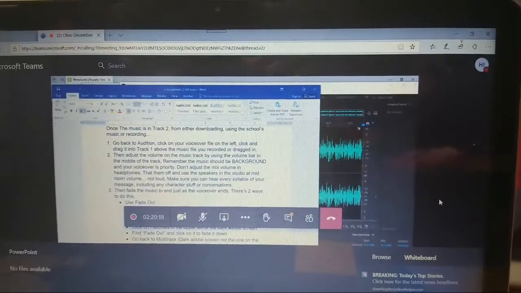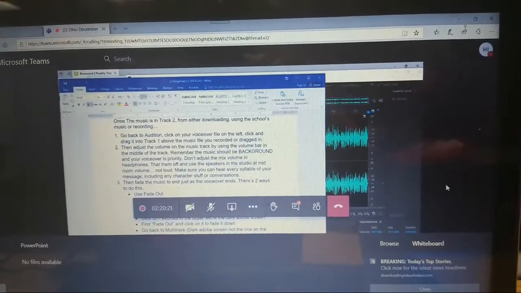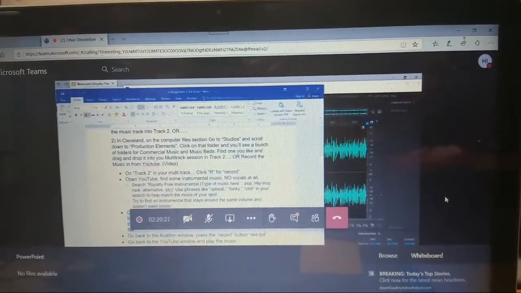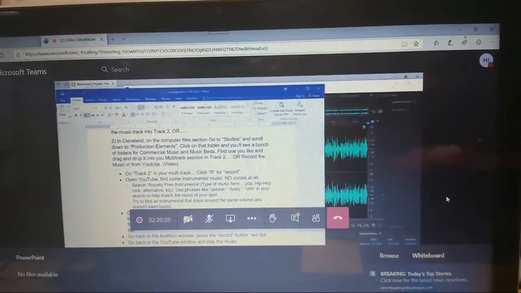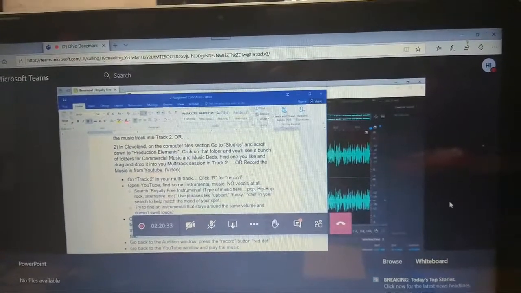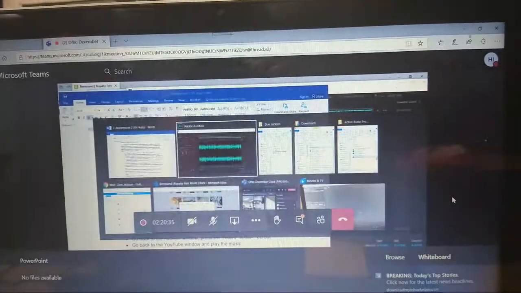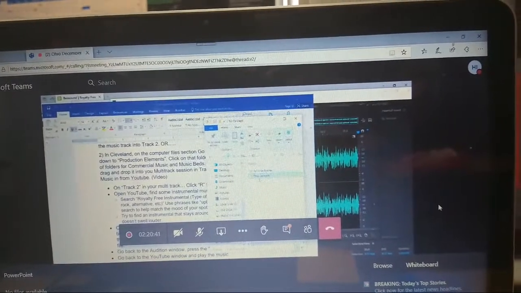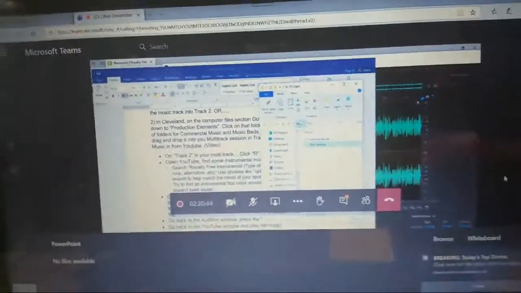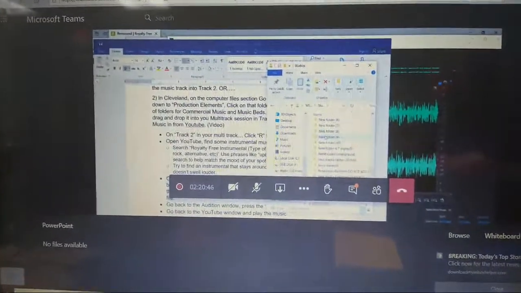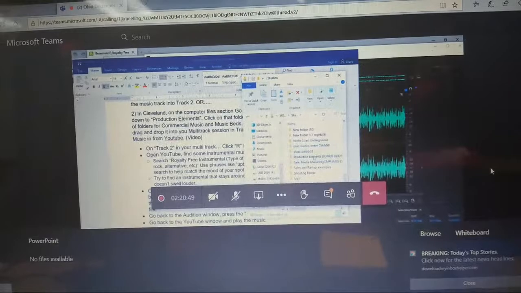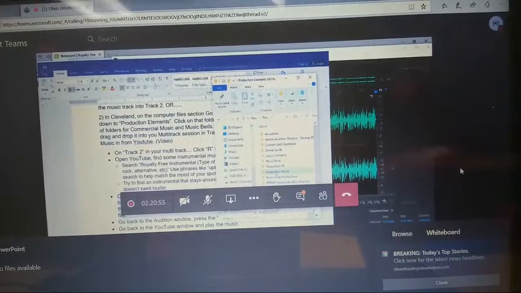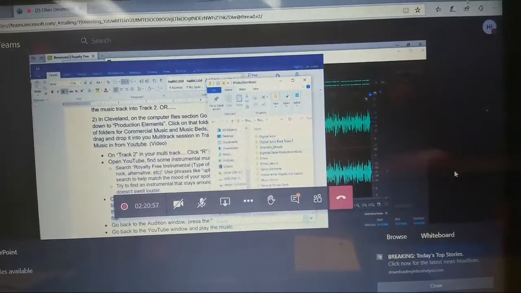Now, I don't know if I'm going to have time to show you how to record it in, but I'm going to try. The other ways to get music is on campus. I know in Cleveland, and I think also in Cincinnati, probably in Columbus as well, we have sections where you can go to find music. We have some already sectioned out. So if you're in here in Cleveland, in the studio section, you scroll past all the cohorts, you're looking for production elements.